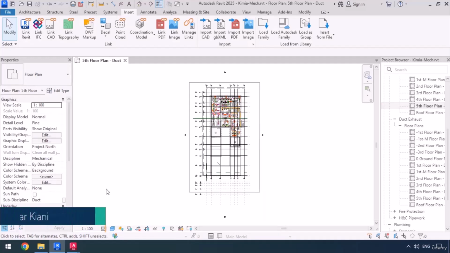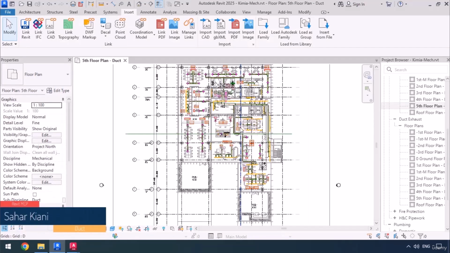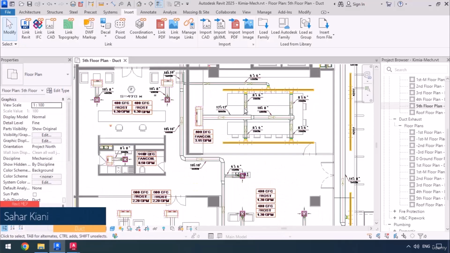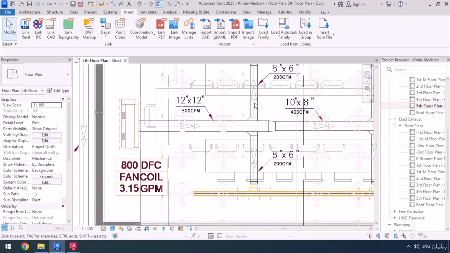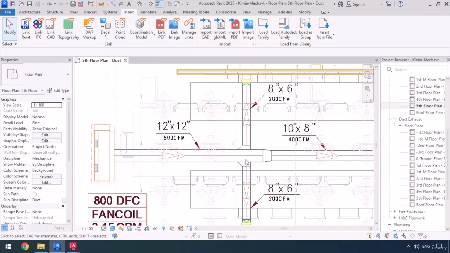After we've linked all the plans in the project, then we can begin modeling. So now if we take a look at the duct fittings, for example, if we zoom in on here, we can see that the branches are direct and go inside another duct, which in Revit we refer to as taps. Also, as you can see, this tap fitting has an angle, and that is to help the air flow easier. So that'll make the air go this way easily, and then it's going to be leading to the subsequent